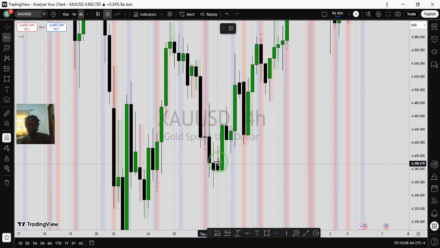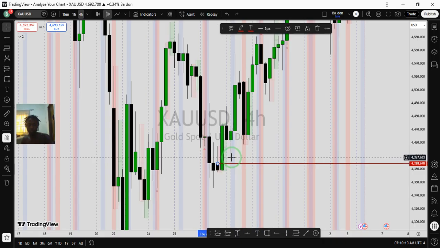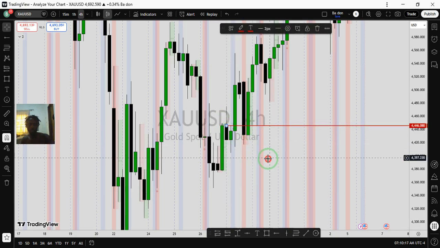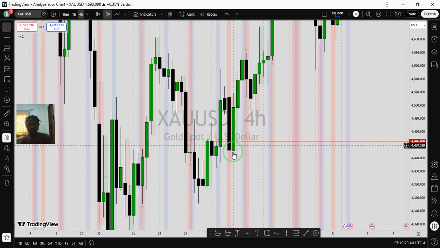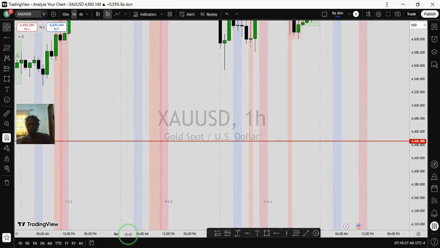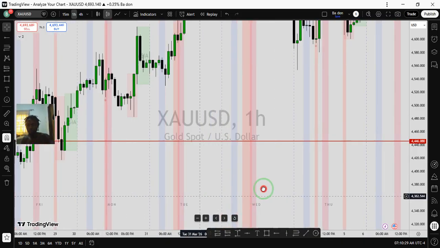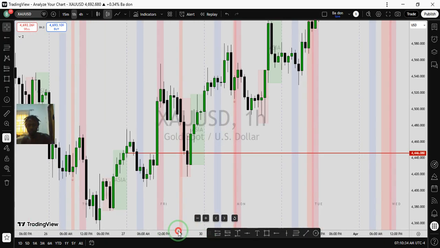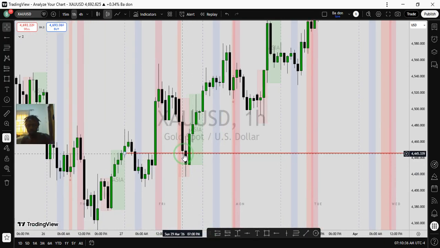Right here is another one, but price did not complete the range. Yeah, right here is another block. Go to the 1-hour time frame. And you can see price tapped into the POI,